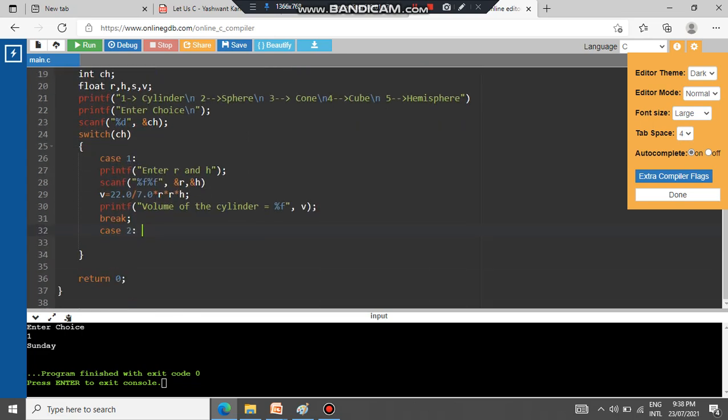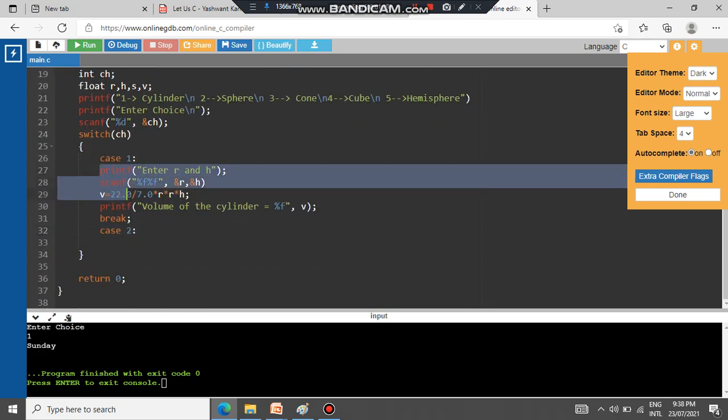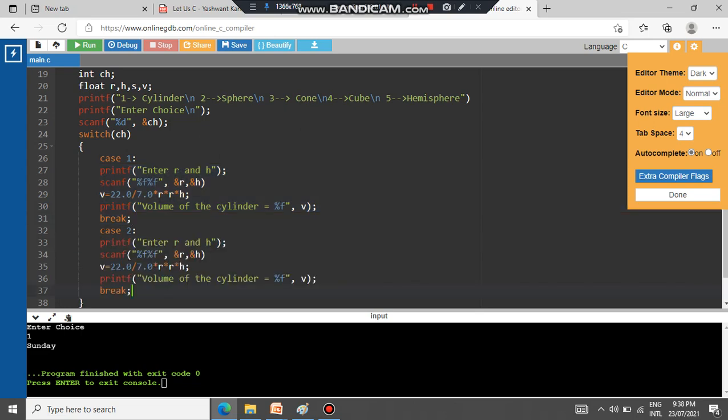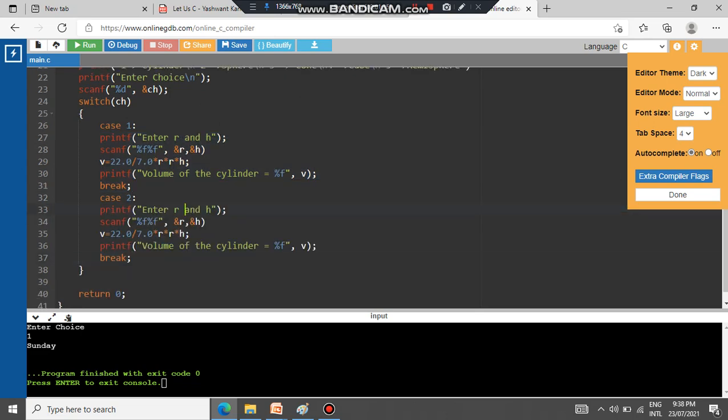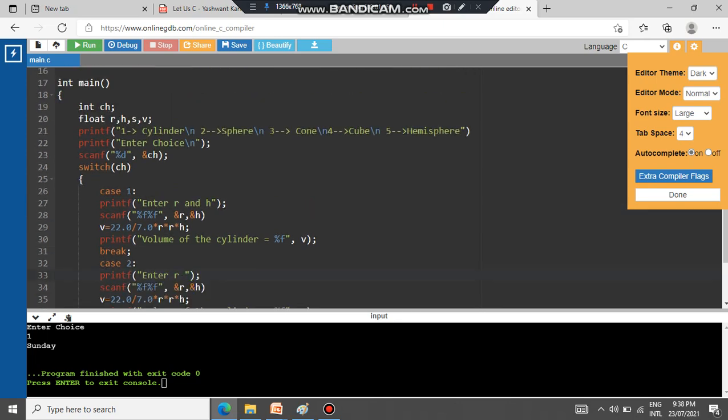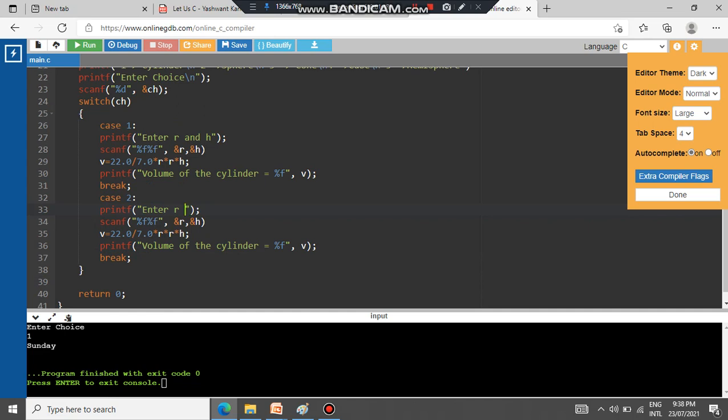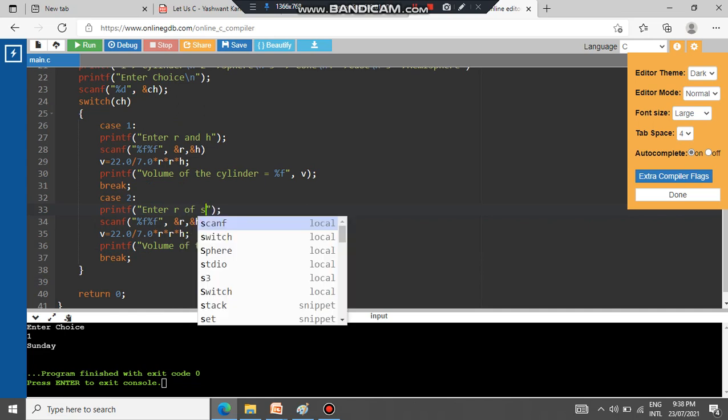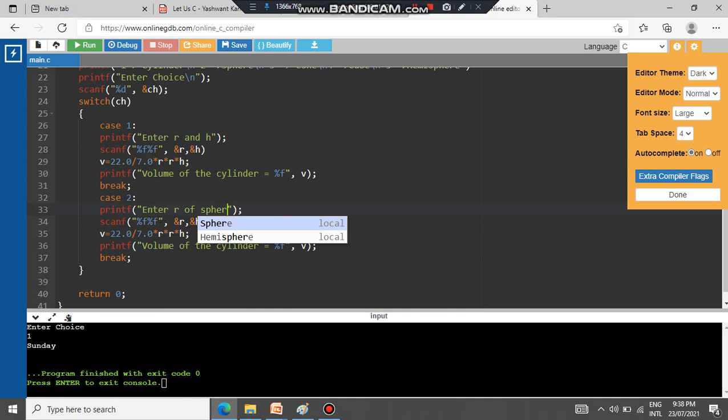Instead of typing everything, I will take all this from here, and now I only have to read r. H is not required for the sphere, radius of sphere, and only one value is to be read here, that is r.